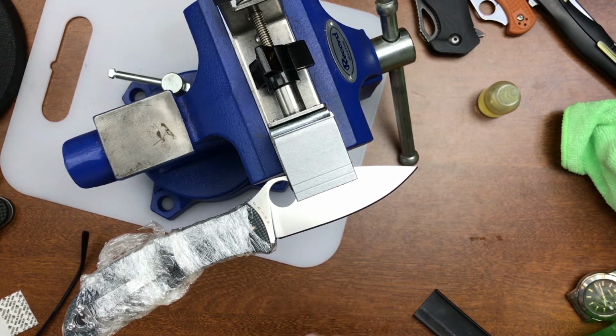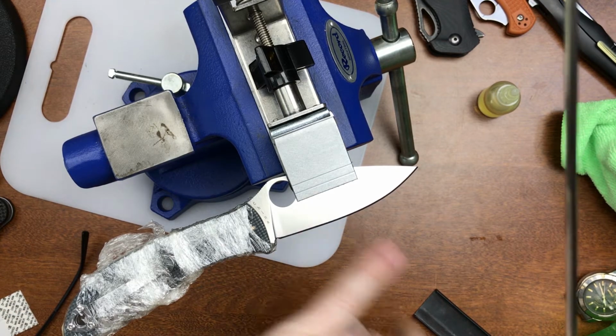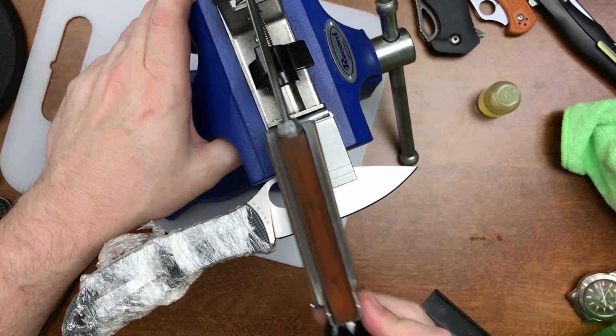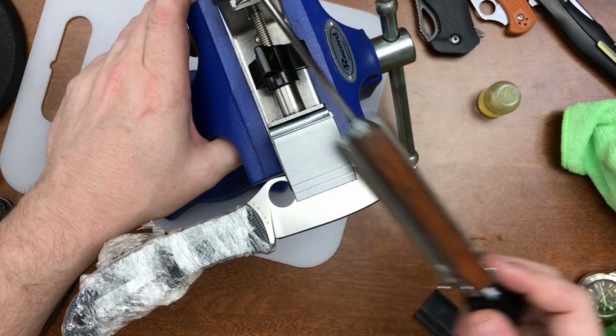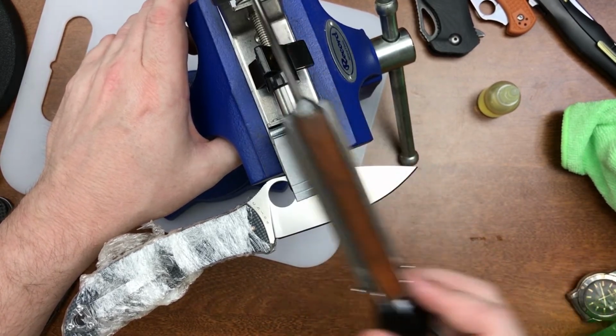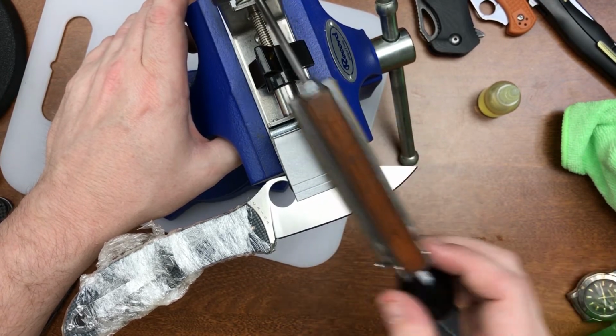If you just put a standard bevel on it, 20 degrees per side or whatever, 18 degrees, whatever somebody does with a single secondary bevel, it does chip off pretty quickly. Not really chip off, kind of rolls off. This is nice fine grain steel, but